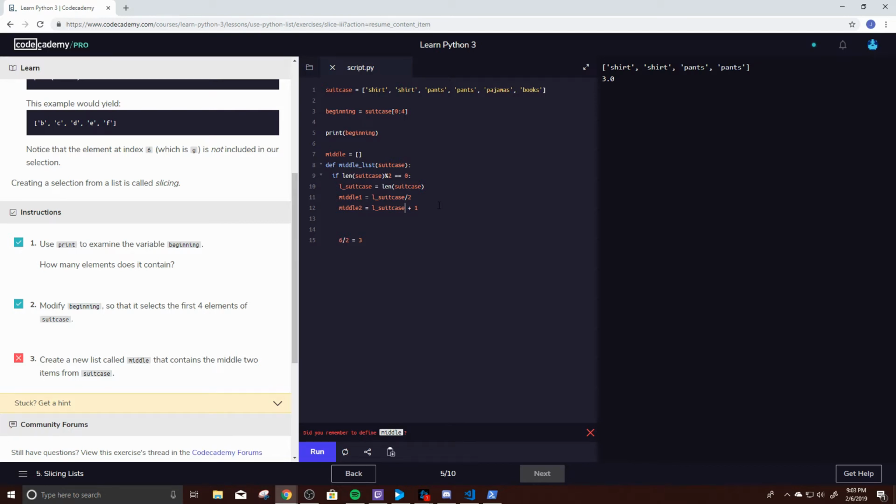We know that if the number's even, then to find the middle, you divide it by 2, and that'll give you the first item. So here we have 1, 2, 3, 4, 5, 6. You divide it by 2, and you get the third. This is actually wrong. It's supposed to be that. The third index, 0, 1, 2, 3, will be the first middle item. And then if you take that number, subtract 1, that'll give you your second number. Right? And then what we can do is we can return